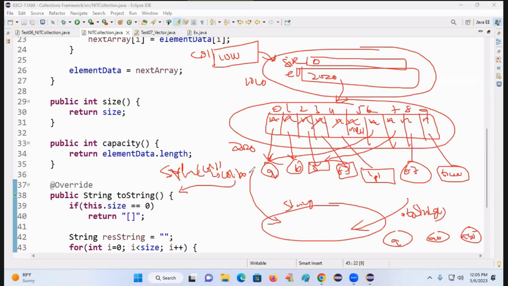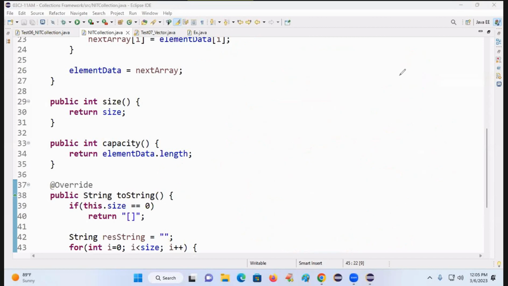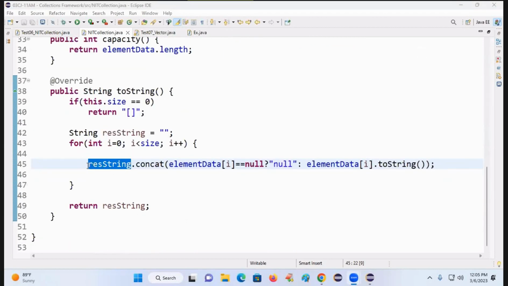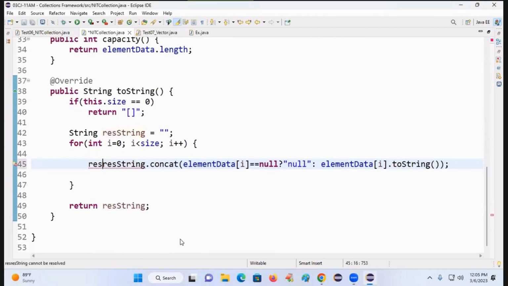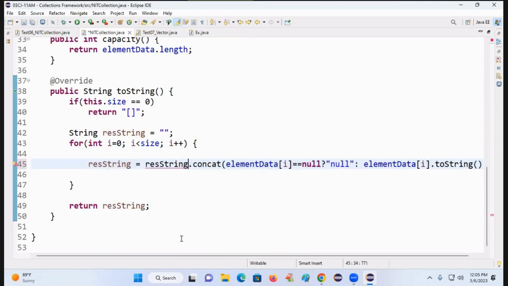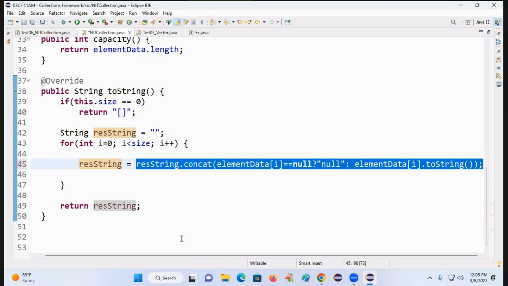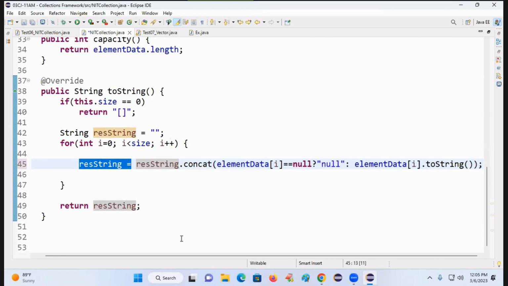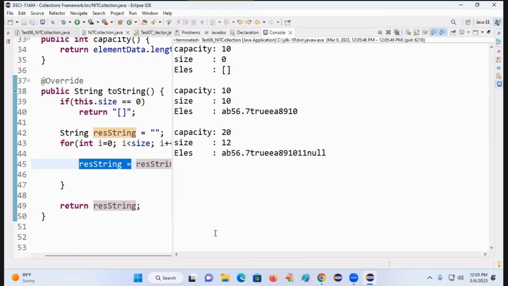Okay, now finally the result is storing to which object? The empty string. Now tell me, what is the solution to this problem? I have to write here result string equal to result string dot concat. The concat method returns a result every time, so I have to store it in the result string. Control F11. Look at that, you got output AB5